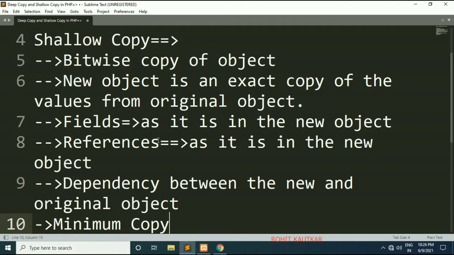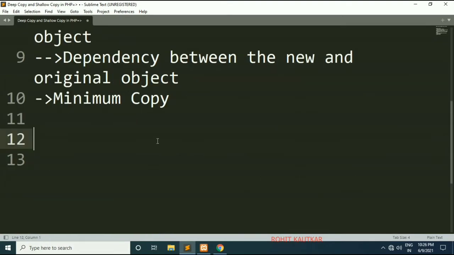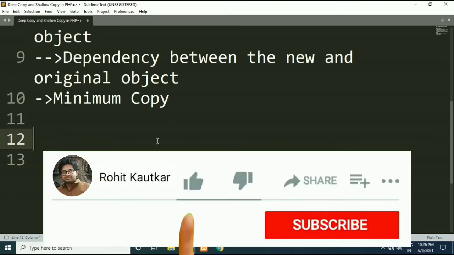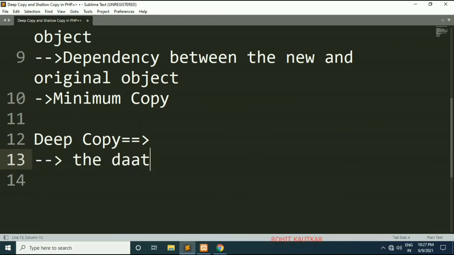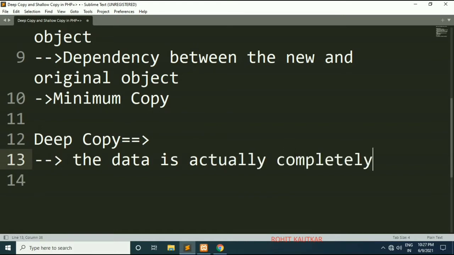It is a minimum copy and it is a bitwise copy of the object. Now we will try to see another type of creating a clone of an object, and that is deep copy. So in deep copy, the data is completely copied.